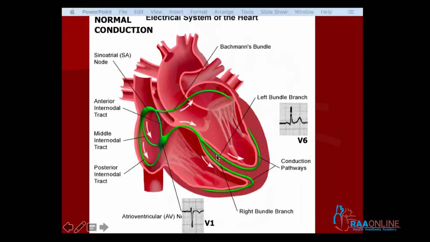As I have asked in one of the questions, the first area to be activated in the ventricle is the interventricular septum, which is activated by the left bundle. This ventricular septal activation is happening from left to right, resulting in a small initial positivity in V1 and a small initial negativity in V5, V6.